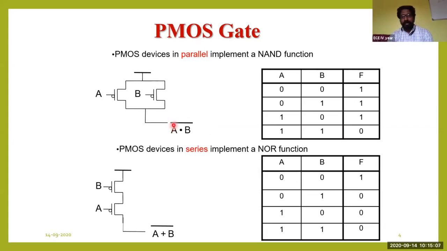So this complete logic 1, which is equivalent to VDD here, will travel to the output through either of these. It can travel through transistor 1 or through transistor 2. But the ultimate goal of this potential, which is at VDD, is to travel to the output. So that logic 1 will travel to this output. That's why A dot B whole bar is equal to 1.